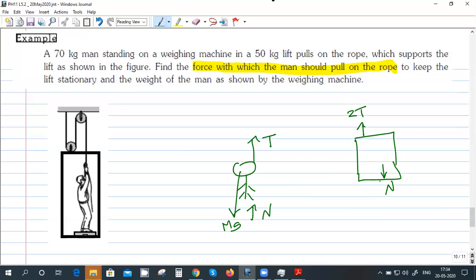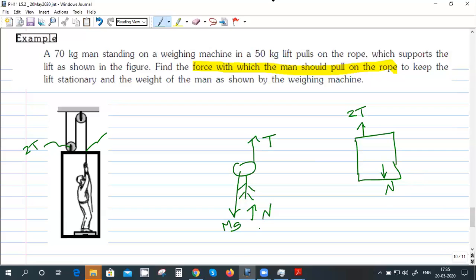Yes, sir. Because here there is no connection. In this part, there is a hole through which the rope is passing. So there is no contact here, there is no force here. The only force is the force here, which is 2T. Bhavya, is it correct? Is it clear? Yes, sir. And there will be this normal reaction.